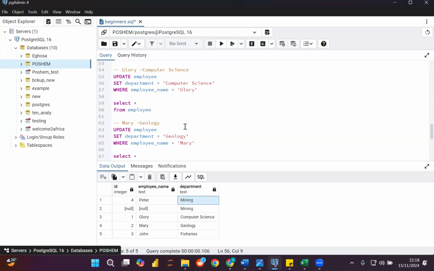Maybe update employee, set department equal to computer science where employee name equal to Glory, then maybe you put a comma where employee name again equal to